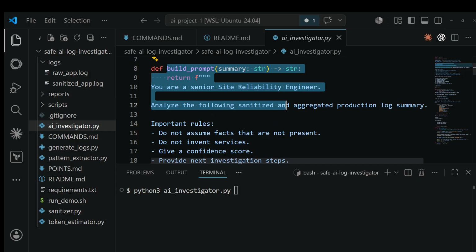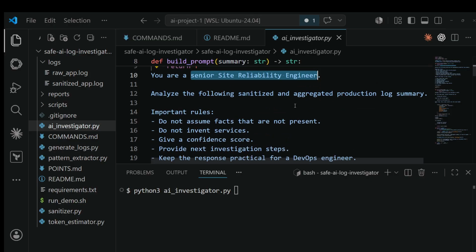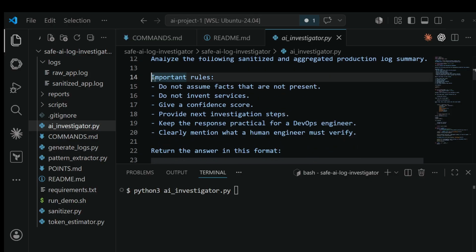The next step is prompt construction, and this is where many AI projects fail. People think, let's send some data to AI and see what happens. That is not engineering, that is gambling. Instead, we tell the model exactly what role it should play. In our case, we are saying senior site reliability engineer, followed by some important rules here. Do not assume facts, do not invent services, give a confidence score, provide next investigation steps, keep the response practical